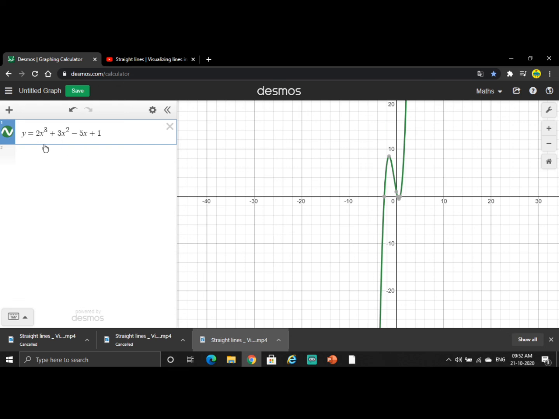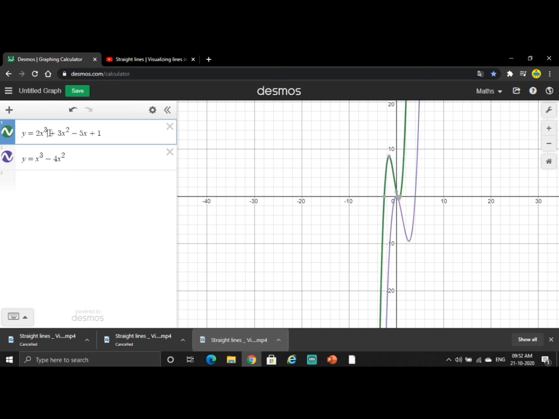You can assure it by this also: y equals x raised to power 3 minus 4x raised to power 2. This is also a cubic relation. It has 2 terms, it is a binomial in nature, but it is also cubic. Then the graph looks somewhat like this.